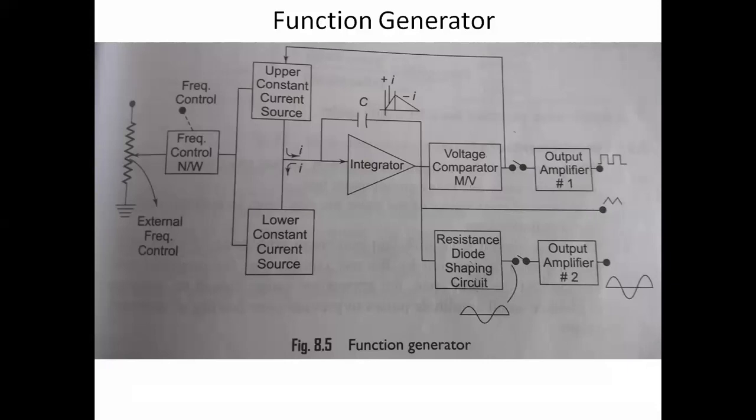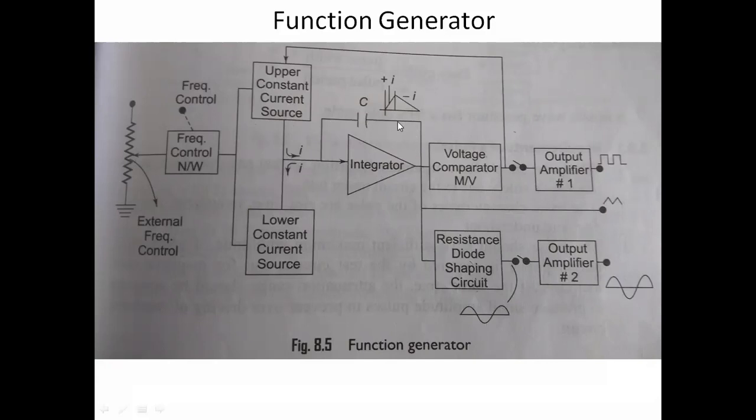So in this function generator, we will use constant current sources. We will use two constant current sources: one is the upper constant current source, and the second one is the lower constant current source. And these two are connected to an integrator circuit. Whenever the upper constant current source is connected to the integrator,